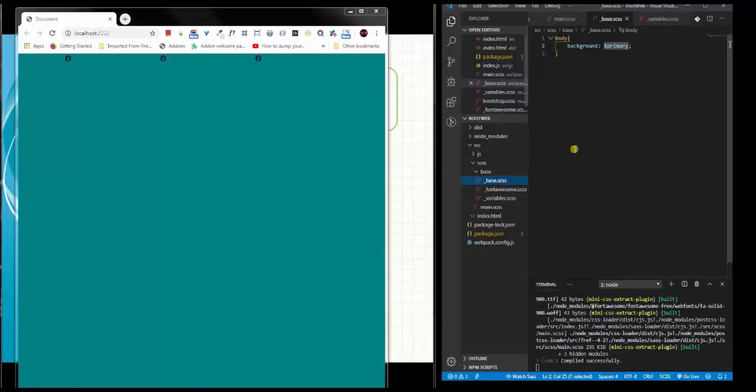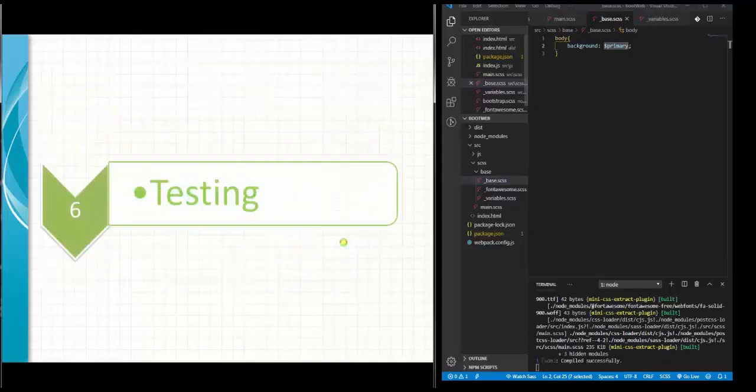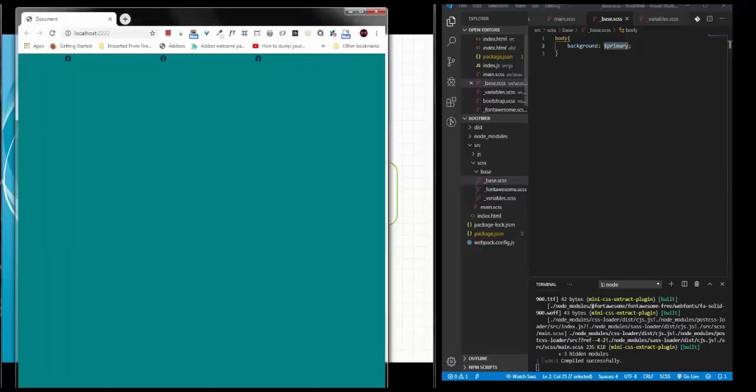Now that's working right. I think, oh sorry, this was our testing, and you see that Fontawesome is tested. Facebook, I think